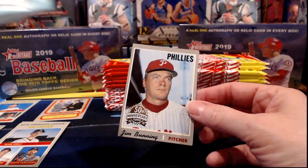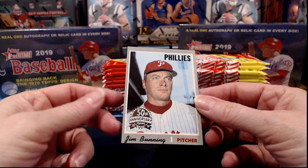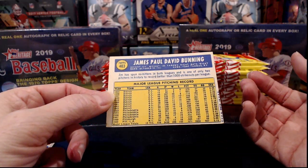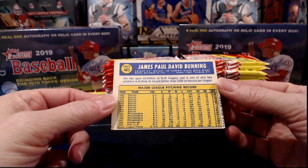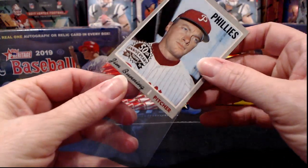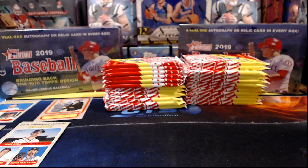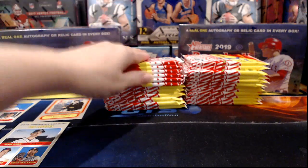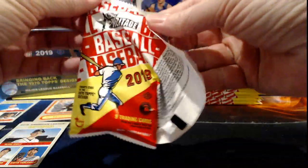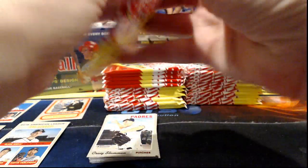So our box topper here, this is an actual card from 1970, and it's a pretty good one, Jim Bunning and the Phillies. 50th anniversary stamp added to it, of course. And as one might expect from a 1970 original card, it is dreadfully miscut, ridiculously miscut. And it's well loved. It's got plenty of little soft edges and corners, and often they have little small creases and things as well, but hey, they're free. They just add them in for fun, so we'll take the win and go onward with it. But it's pretty cool to have the 1970 Jim Bunning if you've got the Phillies. At least I think it is. I like Jim Bunning, but